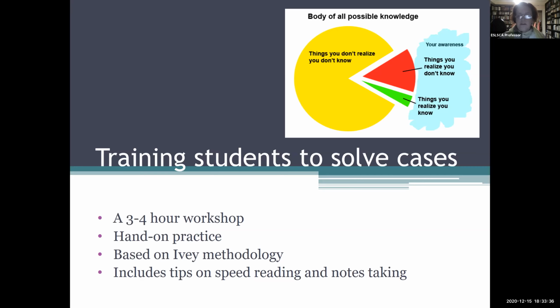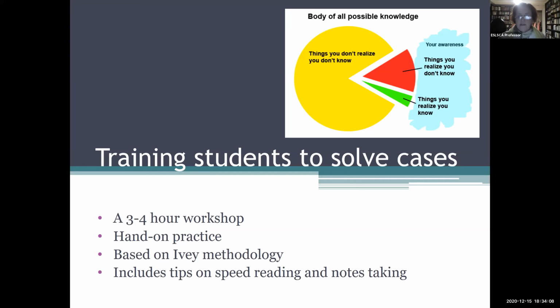So the first thing I do when I join or teach any kind of serious class of any length, whether it's a 6-hour class or a 12-class semester, I train students to solve cases. I always remember myself at UCLA, where I had no idea what cases were and had no idea what to do with them, because all my life I was just solving equations, complicated integrals and derivatives and things like that. So it's very important to train students to solve cases, because actually they don't know what we want from them.